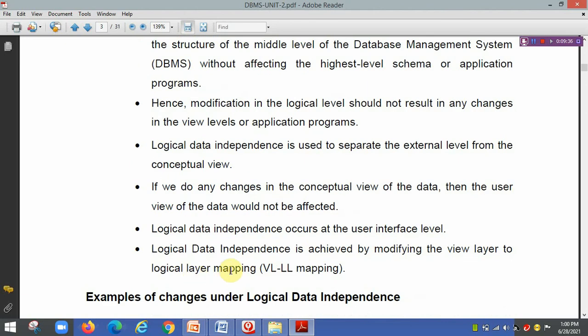Logical data independence occurs at the user interface level. तो logical data independence कहाँ पे काम कर रहा है? User interface level में ये use हो रहा है. Logical data independence is achieved by modifying the view layer to logical layer mapping, or we can also say VL-LL mapping. Okay. Next we discuss an